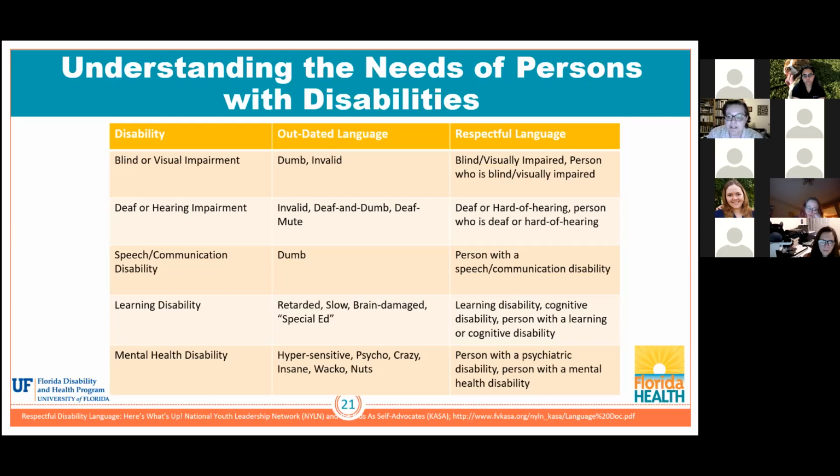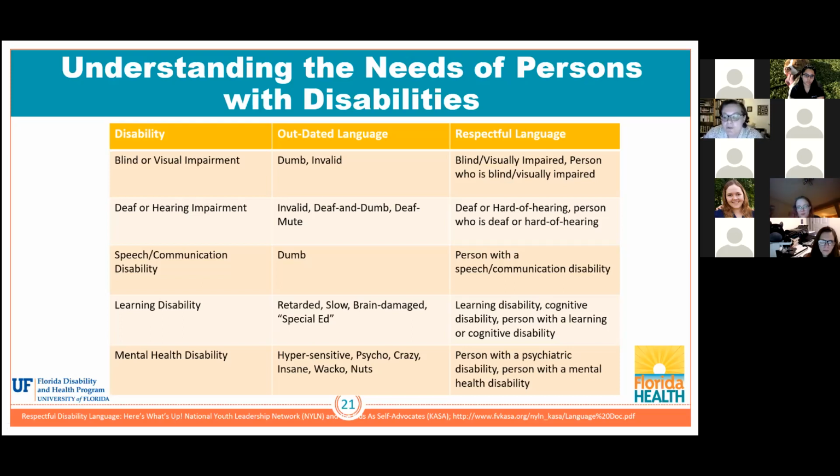So what we're seeing here is we talk about a learning disability, we talk about a person with a learning disability. These are the kind of things where it's not only the disability itself, but also how we talk about a person with it. Mental health disabilities are another one, where words like crazy, insane, nuts, likely most of these never had anything but a pejorative.